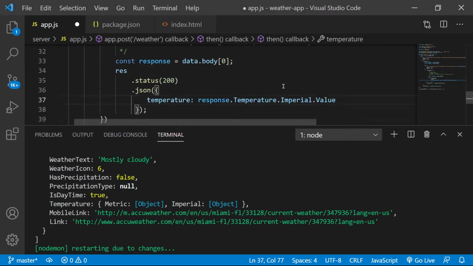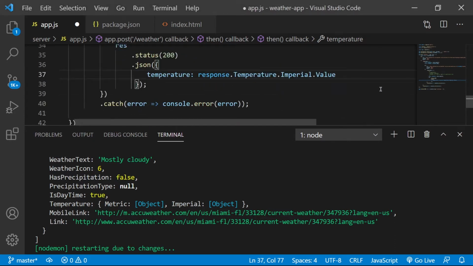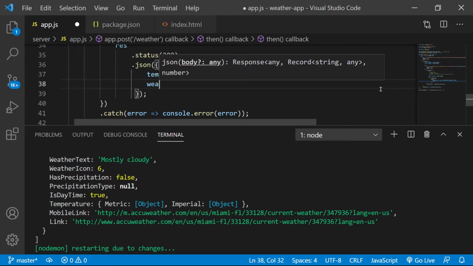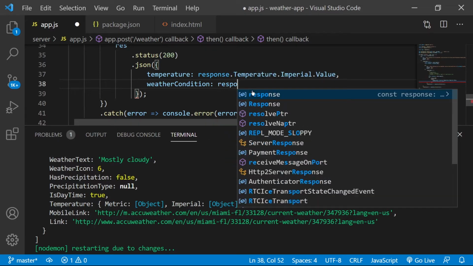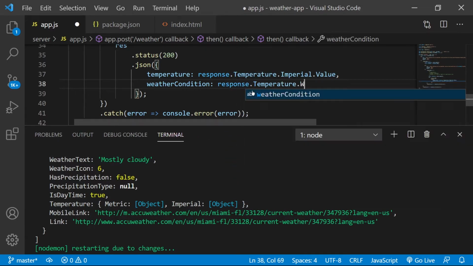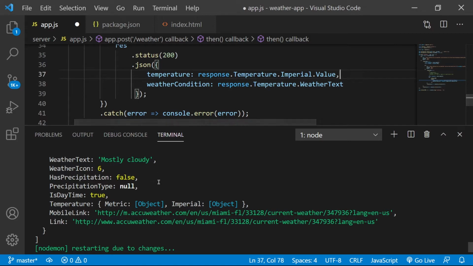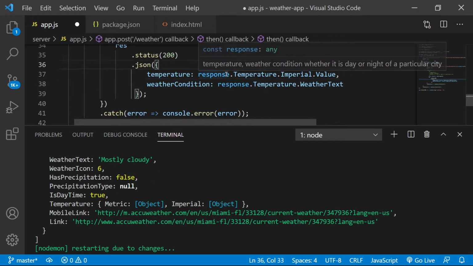So response temperature dot imperial dot value. We also want the weather condition. I guess weather text seems like a good candidate. So response temperature weather text. And then finally, if it's daytime or not. So is daytime true?